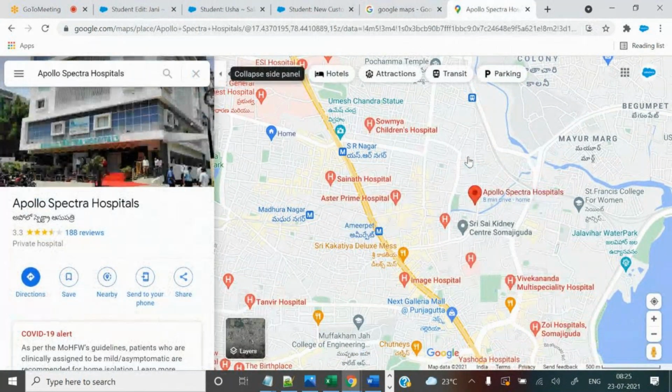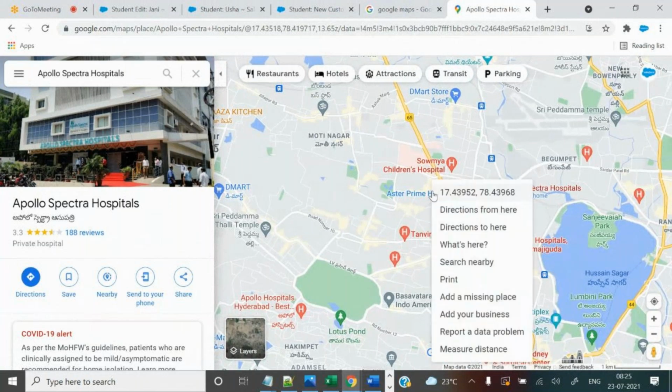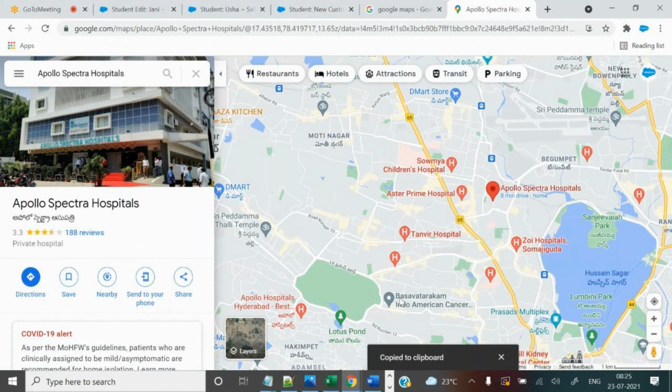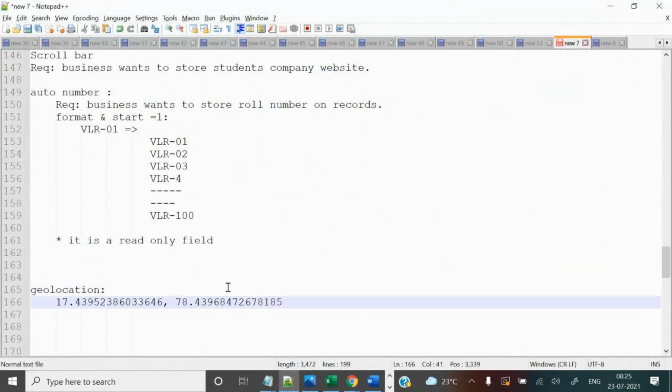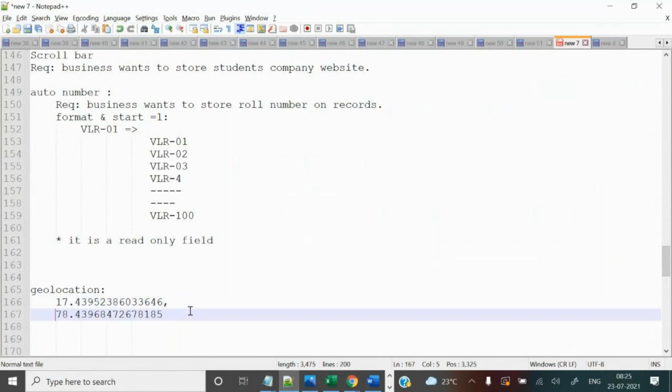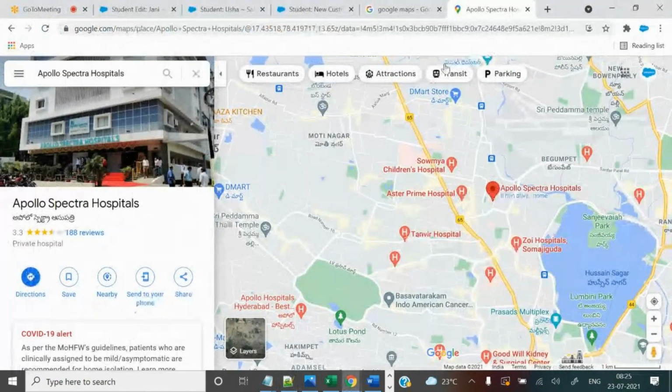Generally, what does it tell? It will tell the exact location of the hospital. What are these numbers? Latitude and longitude. Exactly. Latitude and longitude.